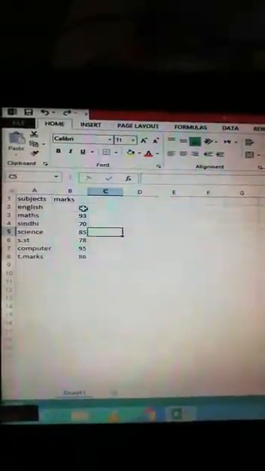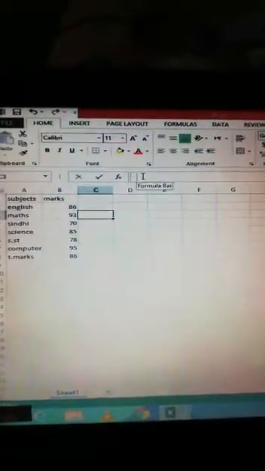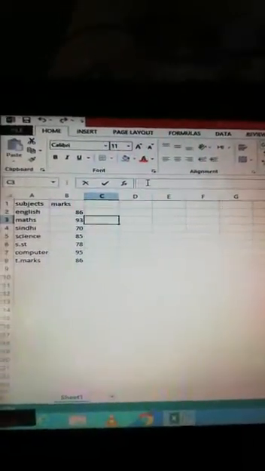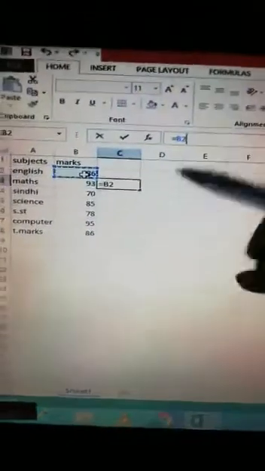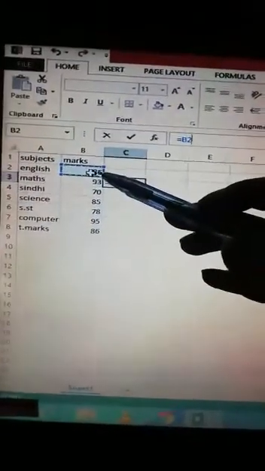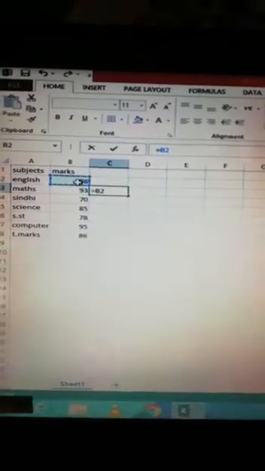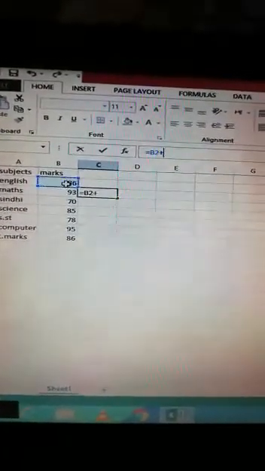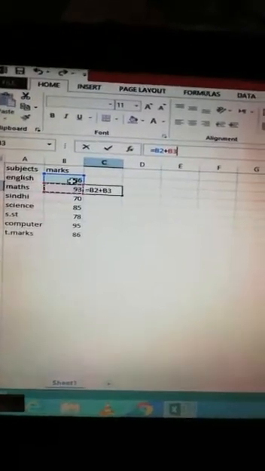So let's start this. Firstly we have to press the equal to sign, because our formula starts from the equal to sign. Then we go to B2, and after this I type the plus sign, and B3 automatically appears.